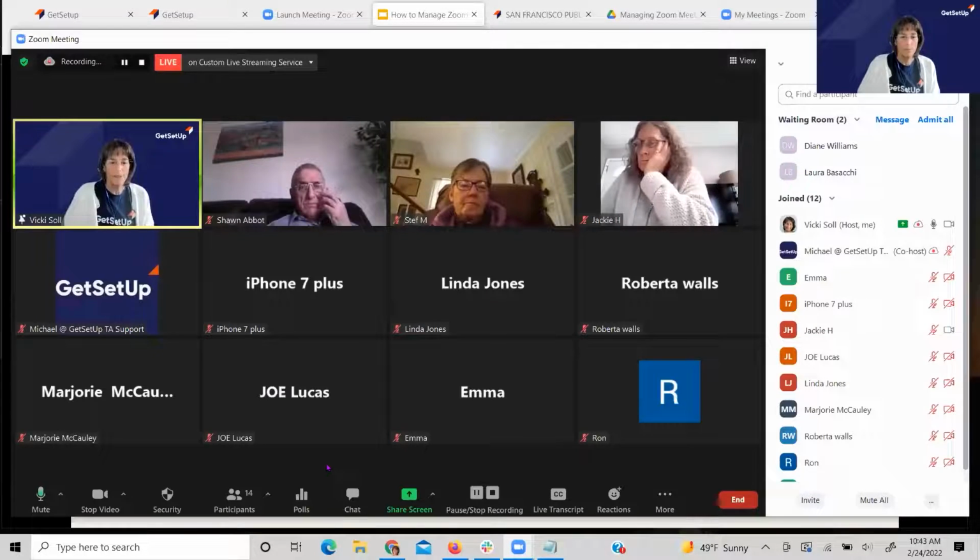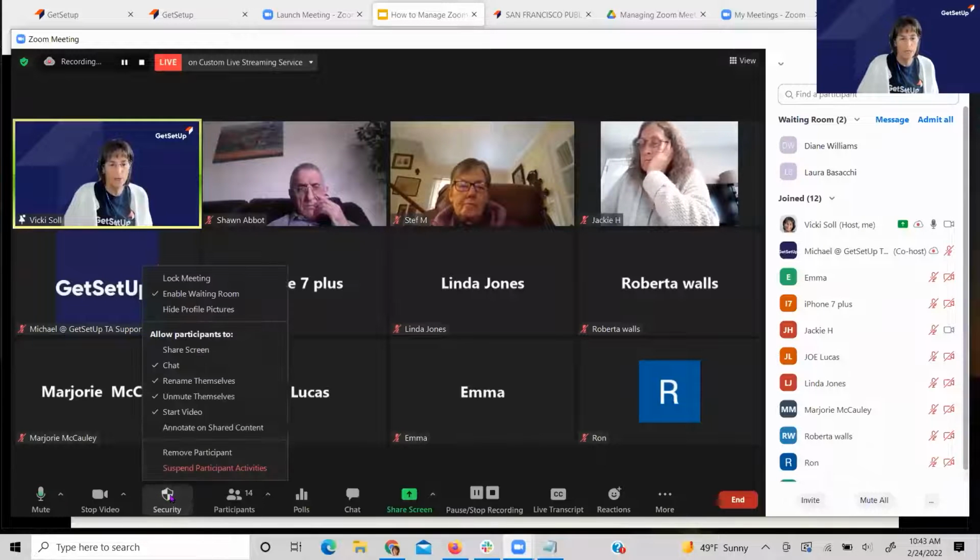Let's talk a little bit about sharing your screen. So you'll notice here down on the bottom, I have my share screen. Now, I'm already sharing my screen, so I can't share it again, but let me show you what that looks like. So if you, the host, by the way, if you click on your security icon, if you don't have share screen selected like I do,